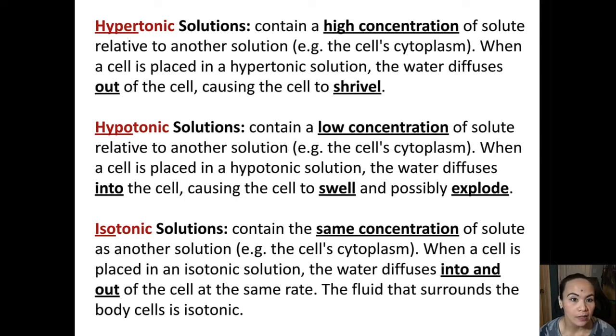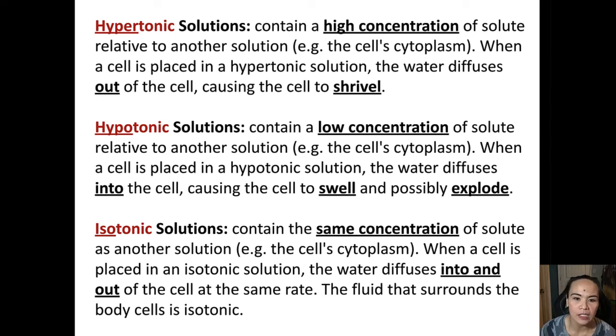For example, the cell cytoplasm. When the cell is placed in a hypertonic solution, the water actually diffuses out of the cell, causing the cell to shrink or shrivel. Now, hypotonic means it has low concentration of solute relative to another solution. When a cell is placed in a hypotonic solution, the water actually diffuses into the cell, causing the cell to